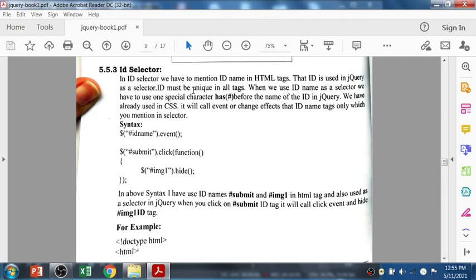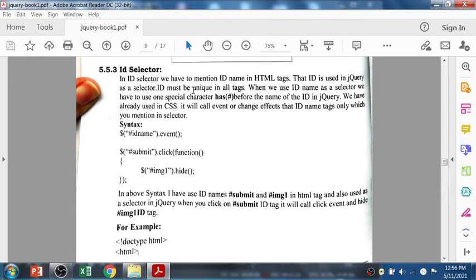For that we can point to the particular element by selectors, by attribute, or directly by the tag name. So various methods are there to traverse the HTML document.